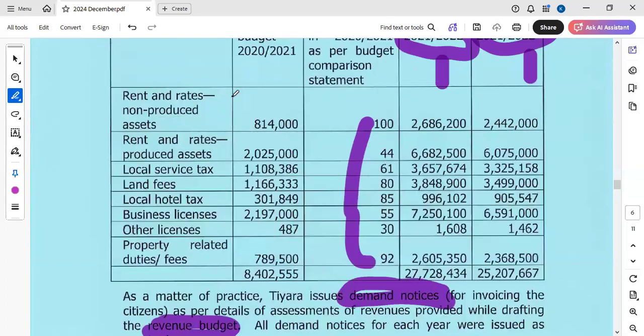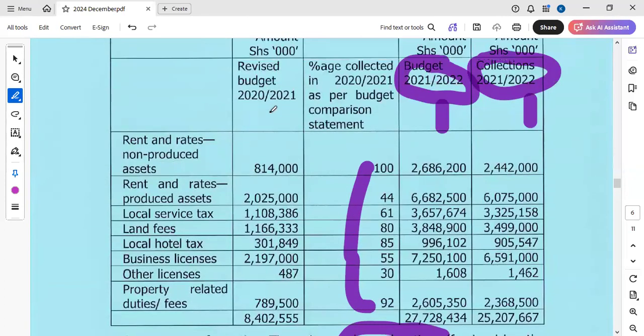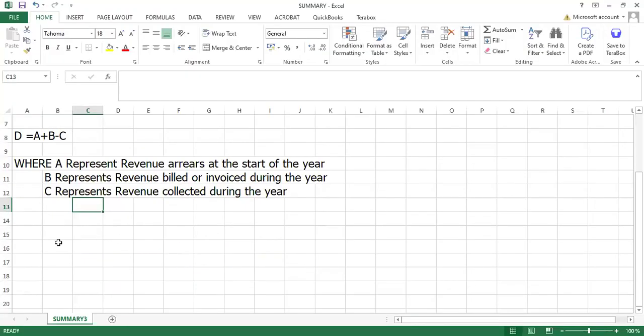So is this a really hard question? If you really know what you're doing and what a statement of arrears of the revenue at the year end means, then this becomes a simple question. So for you, as we answer this, we can simply say the Tayara's